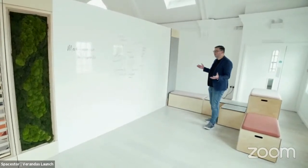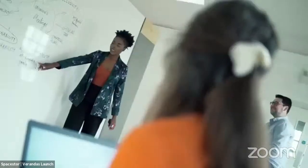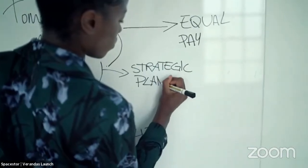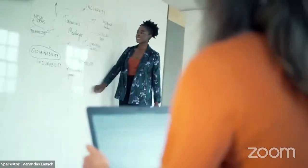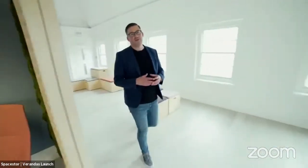So as you'll see here, we've got a scrum working space using some of our bleachers, using this whiteboard for maybe team meetings, maybe daily huddles, maybe scrum working meetings, and just allowing people to come together to collaborate and to brainstorm. So now we're going to tour around some other exterior sections of the Verandas product, just to show